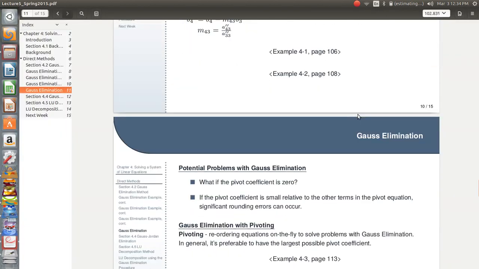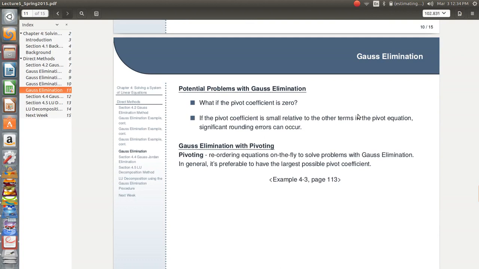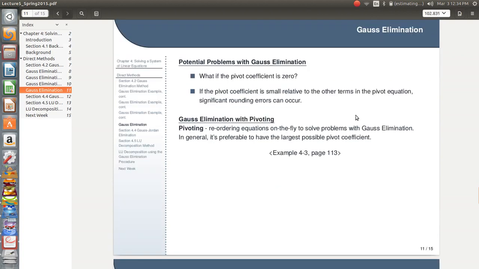Now, there are a few potential problems with Gauss elimination. Obviously, if you have a pivot coefficient that is 0, you cannot divide by 0, and so the Gauss method can't be used. If your pivot coefficient is very small relative to the other terms in your equation, then you can get significant